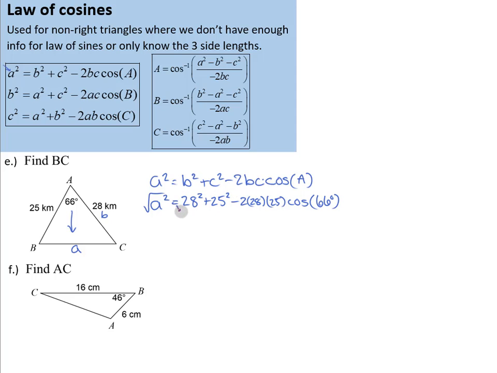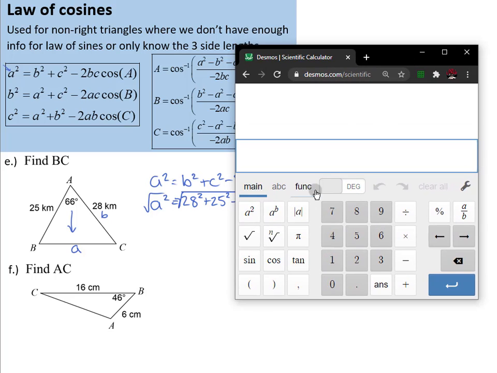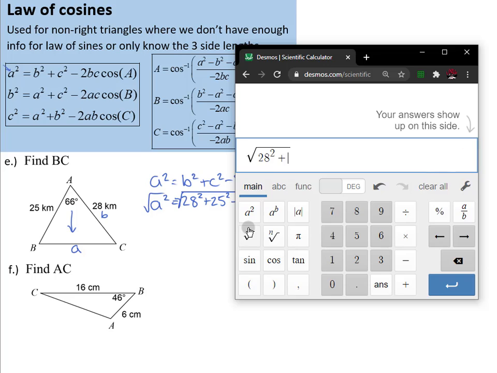Now again, to finish solving for A, we're going to need to do the square root. That's a pretty terrible symbol, but hopefully you get the idea here. All right, there we go. So now we want to type that into our Desmos calculator. So the square root of 28 squared plus 25 squared